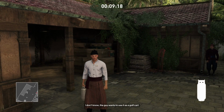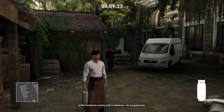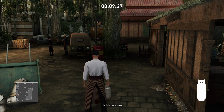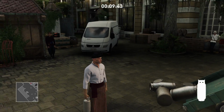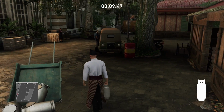Alternatively, if the hotel staff member isn't your particular bother, there is a security staff member just to the left who is also a bit of a miser if you try and take a shot. So just keep an eye out for the hotel security, but the hotel staff member is the one who caused me the most bother. So he's the one who I get rid of. This conversation drags on for quite some time, but he's fixing it now, so that is the main thing. But yeah,